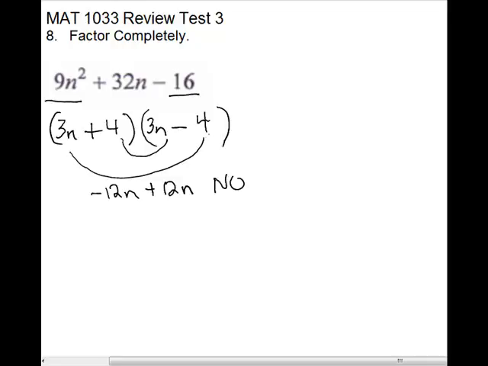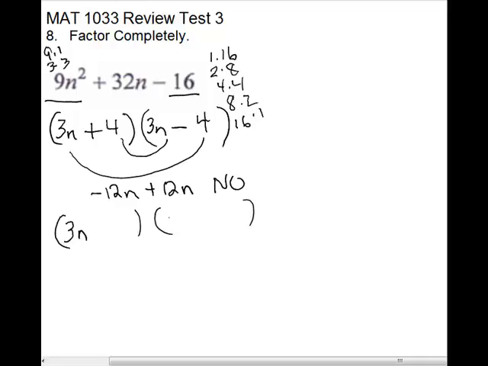Since we started with the factors of 3 on the 9, for 9 we have 9 and 1 or 3 and 3. So let's go ahead and finish with the 3. Let's write the factors for 16. We have 1 times 16, 2 times 8, 3 doesn't work, 4 times 4, and we have to flip them over. Right, so we can keep going with the 3's. So if we try 1 and 16,